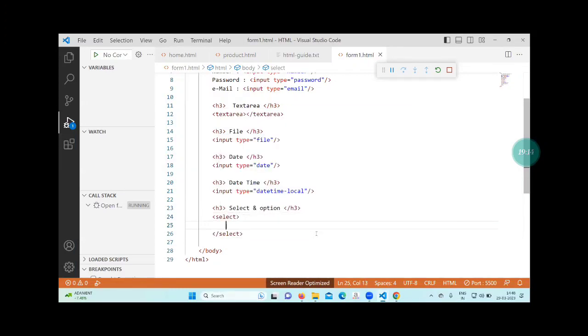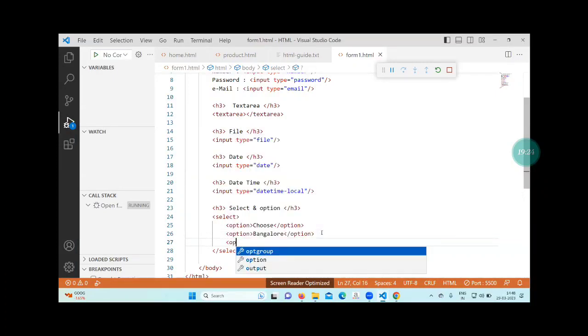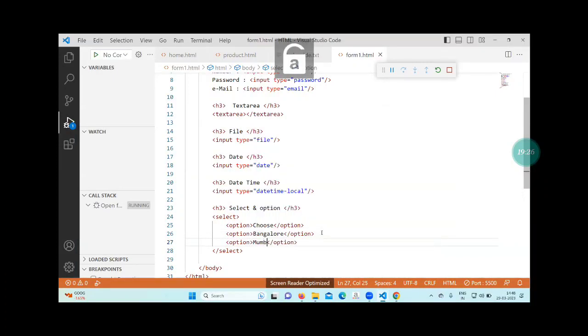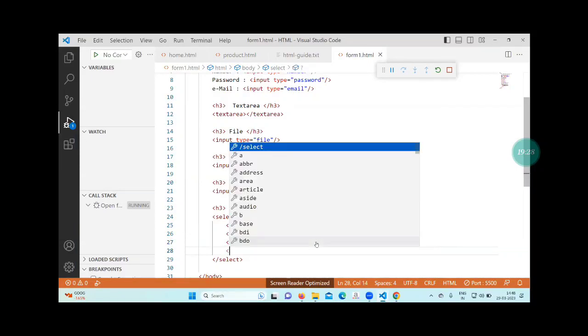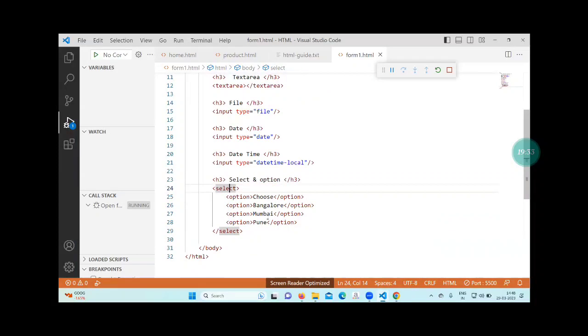Select open close, option open close, choose option, next option, next option. Now it will give a drop down option. In that drop down option,